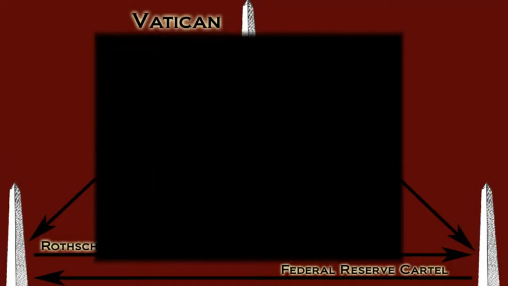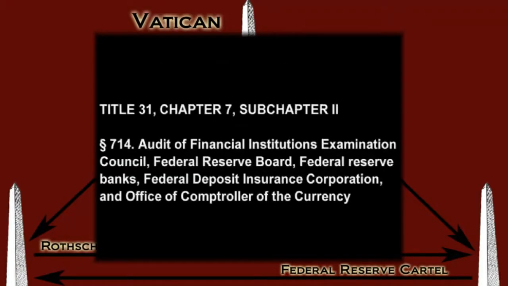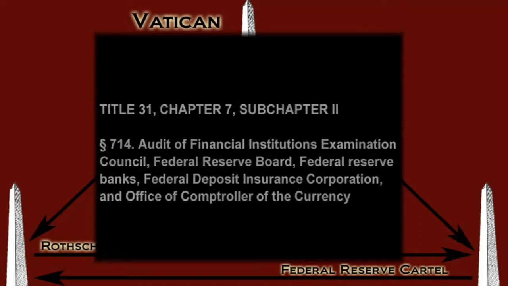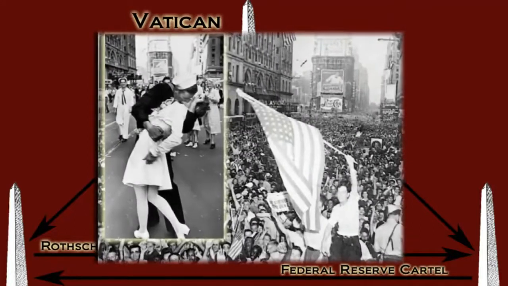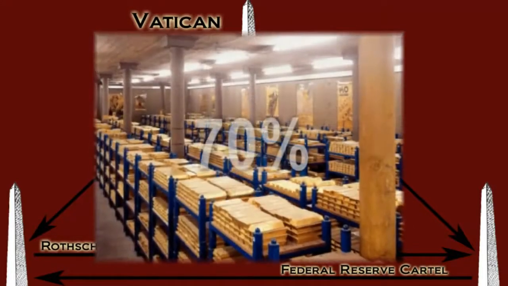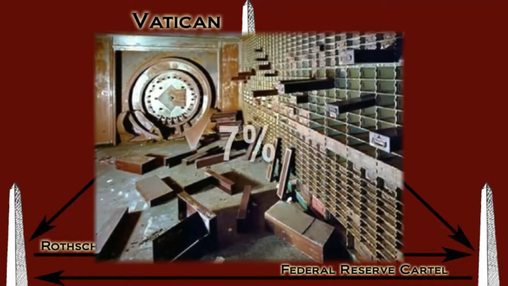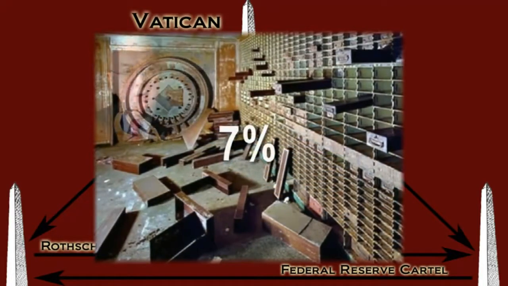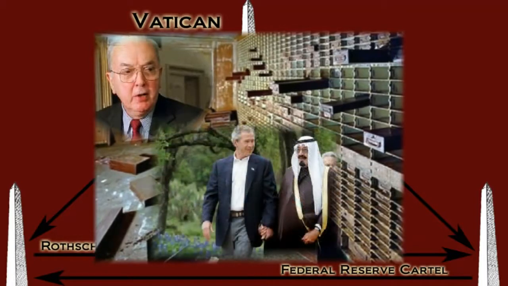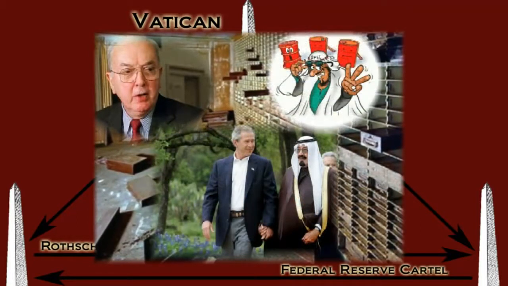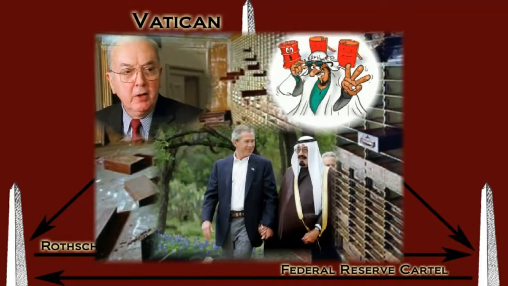Title 31 of the U.S. Code requires an annual physical inventory of our gold supply, but a complete audit was never done. So officially, nobody knows what has occurred for the last decades. After World War II, America had 70% of the world's supply of loose gold, but today we may have less than 7%. Senator Jesse Helms seemed to think that OPEC nations have our gold,